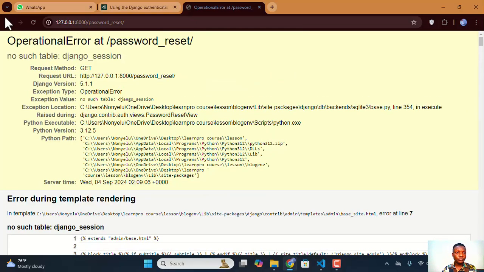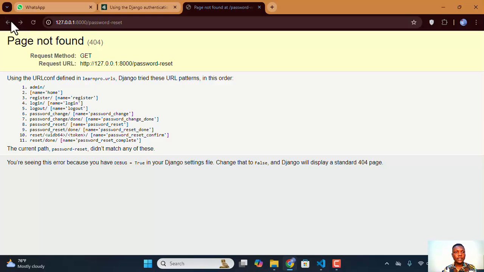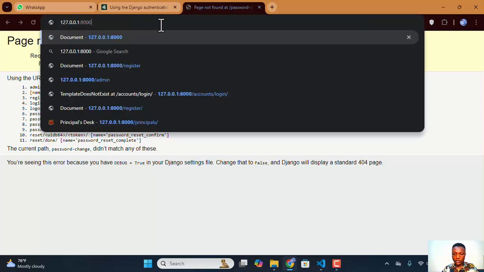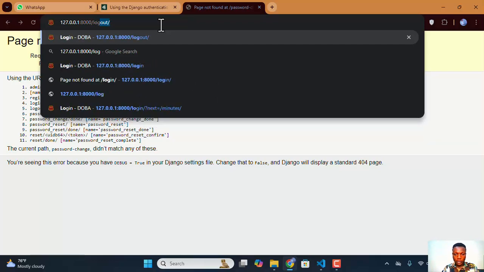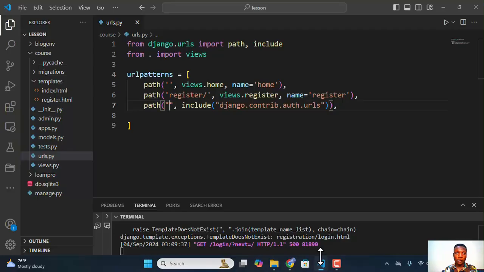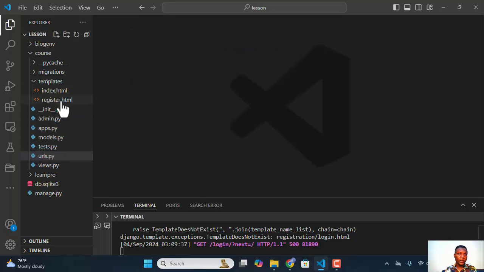Okay, so let's get to the login page. To get to login, we just append slash login here, and it will tell us the same thing, template does not exist. This is because Django did not see any template that it is going to use to handle the login. So what we need to do is we go to our project and we remove this. We go to the templates. Here in the templates, we create another folder and we call it